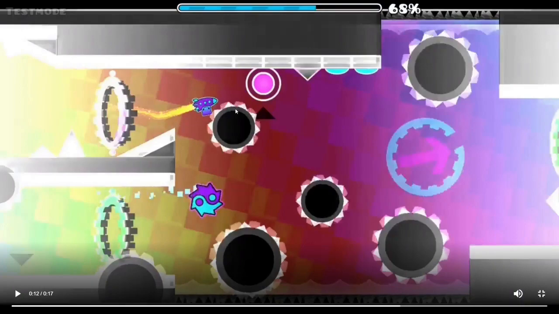See, just 4 presses, and then the ship won't hit that saw blade if you just let go. Even though this looks very sketchy right now, the ship's trajectory is not straight into the air and hitting the saw blade, but going down. And then this pink orb is kind of evil,